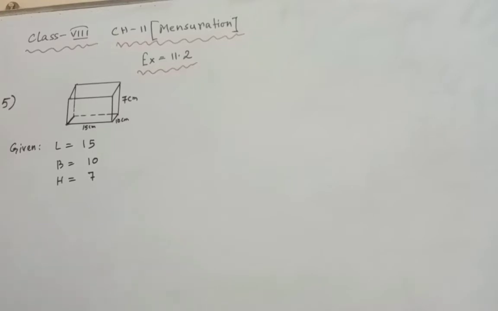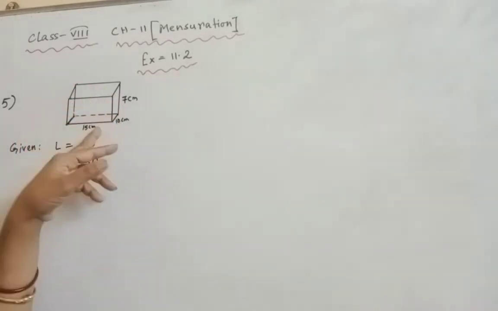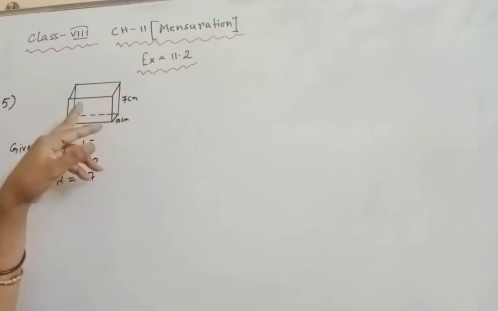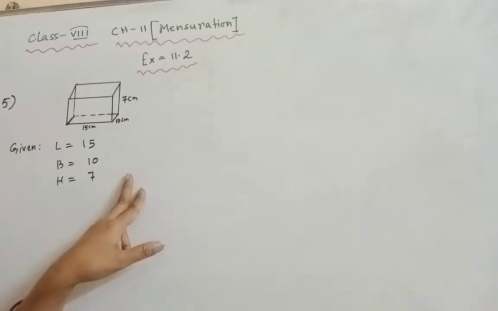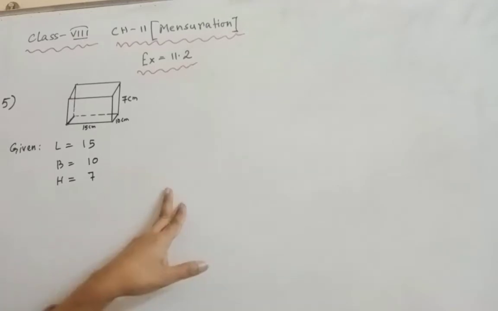Daniel is painting the walls and the ceiling. So Daniel wants to paint the 4 walls and the ceiling. That means you have to find out the area of the 4 walls plus the area of the ceiling. Now, how much area is needed to be painted? We can find it out by the area of the 4 walls plus the ceiling.